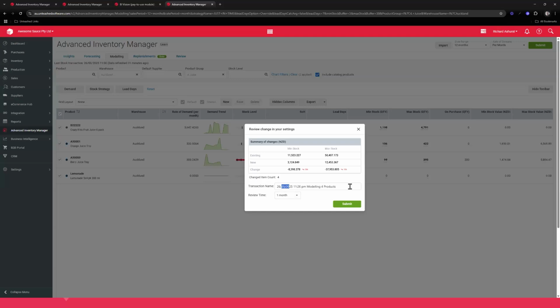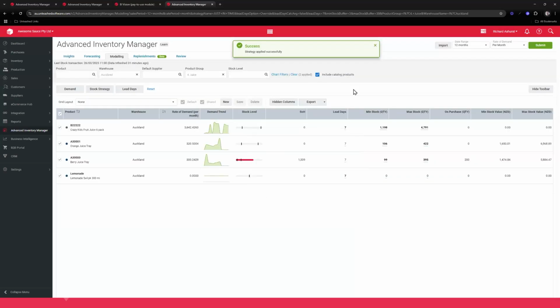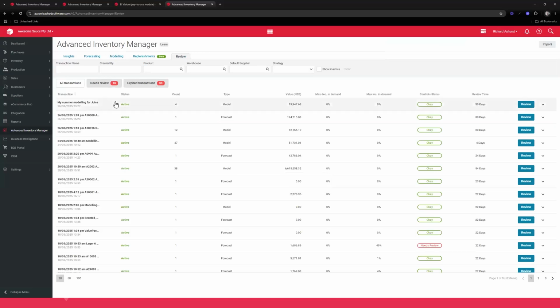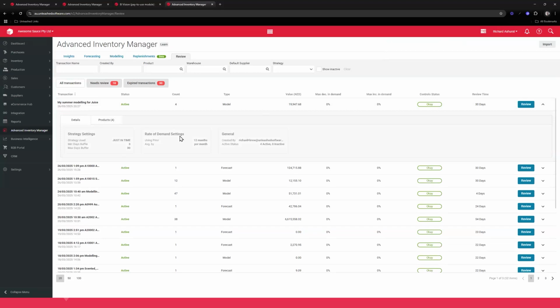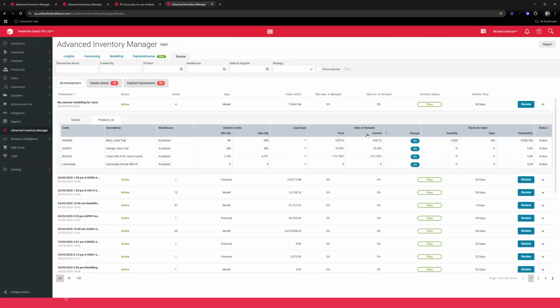So we've got 4 products. You could name this in the log. So I will say that this is my summer modeling for juice. That's a bit of a weird name, but never mind. But that'll be submitted, and you can see these are now the new current values. If I go to the review tab, you'll see that we have an entry for these 4 products. We can see all of the details, who did it, and if you wanted to, you could see all the fine details. But this is something we'll talk about next, which is